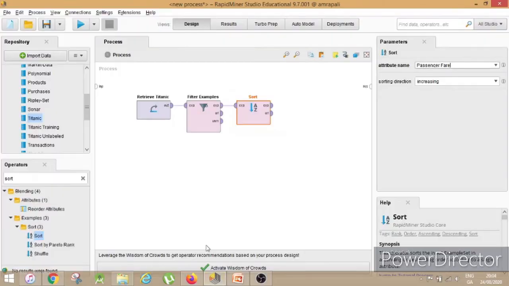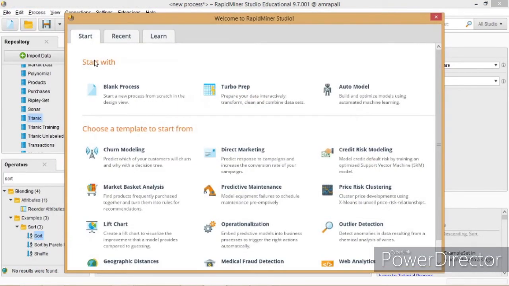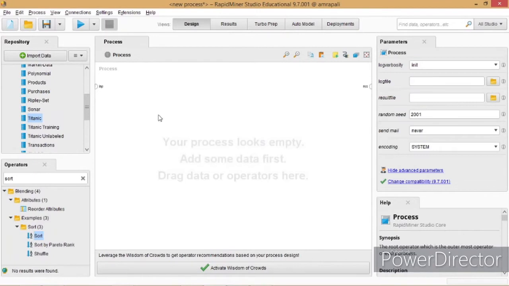As I already opened the RapidMiner tool here, for a new process we will choose the blank process. First we will see the introduction to the RapidMiner tool. RapidMiner Studio has a lot of features to offer.